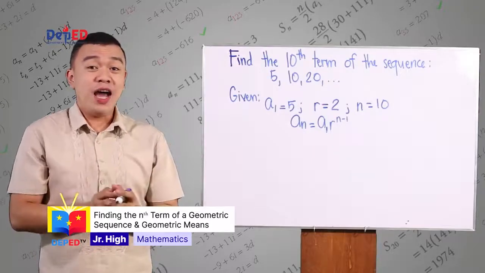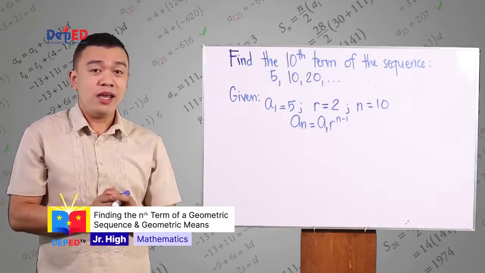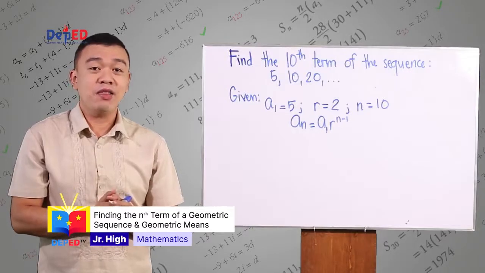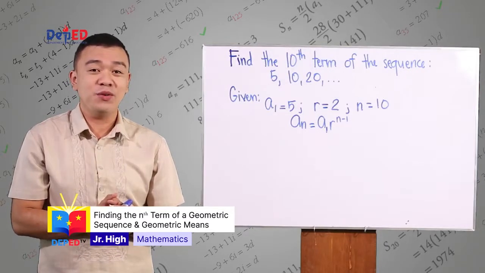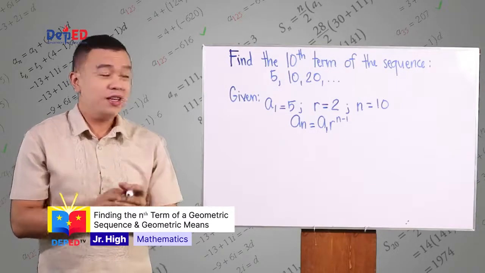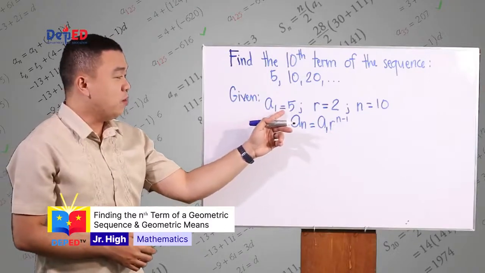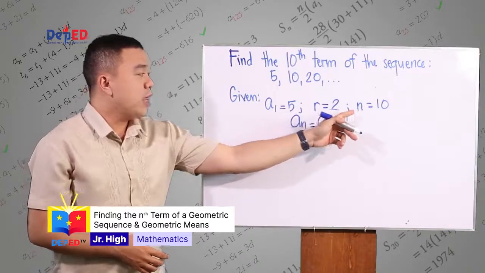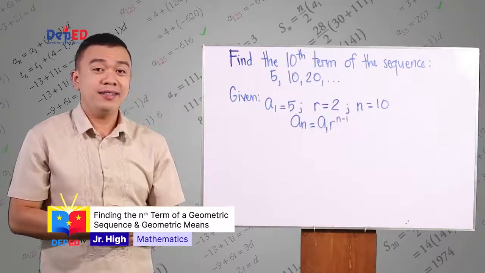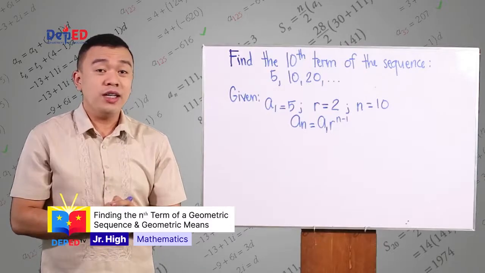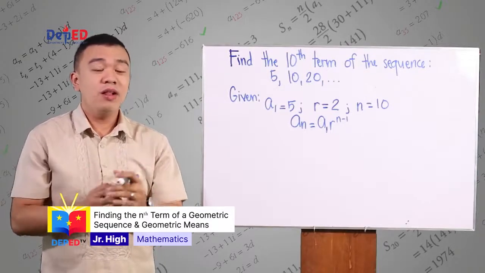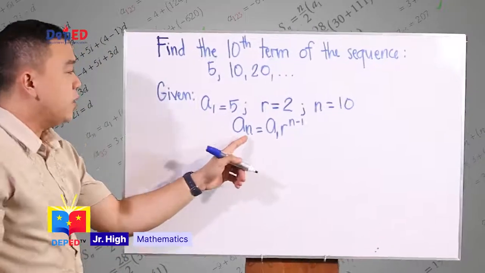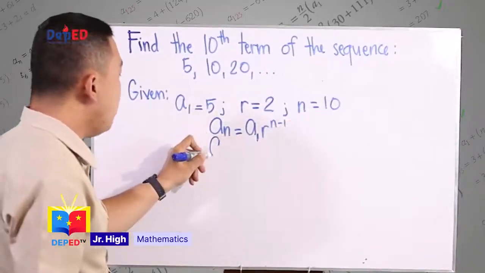Using the sequence 5, 10, 20, and so on, let's use the formula in finding the 10th term of the geometric sequence. The given a sub 1, or the first term, is 5, the ratio is equal to 2, and n is 10. Again, we are looking for the 10th term. Now, let's substitute the values in the formula. Our a sub n will be a sub 10